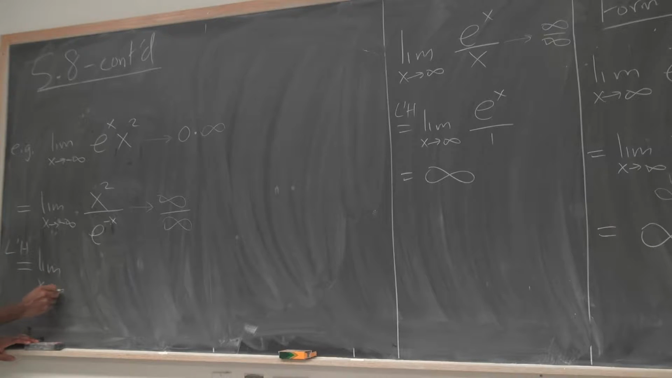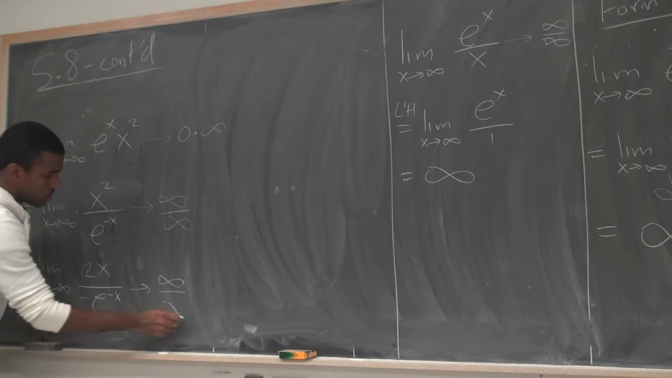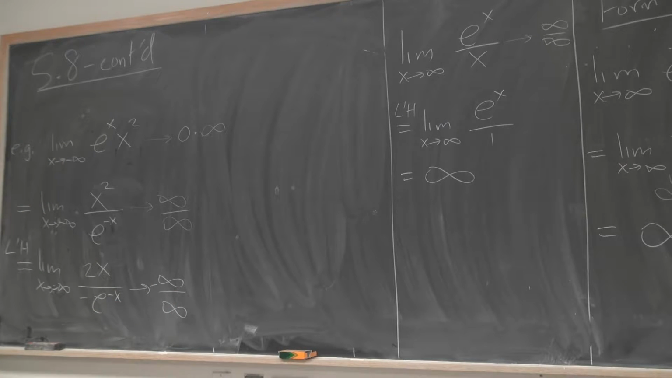This would be equal to, what's this derivative? 2x. Derivative on the bottom? Negative e to the minus x. Okay, what's the limit now? It still goes to infinity in the top. What happens in the bottom? It still goes to negative infinity. You still do the derivative of that. So it will be 2 over